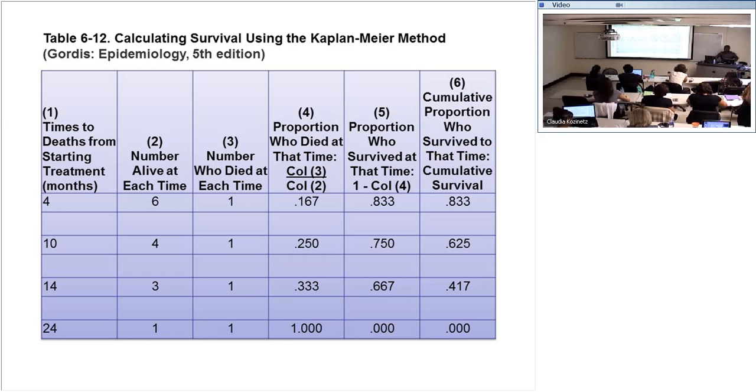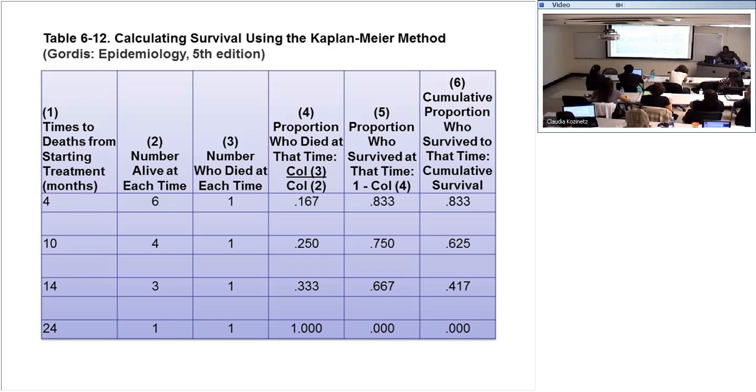So the 4th month, the calculation is there. The way to find the cumulative probability is the same. Cumulative probability of survival. So here, we have the probability of surviving. The cumulative probability is this. Here we have 4 people. See, the Kaplan-Meier did not count those who were lost to follow up as part of the denominator. So 4 people were at risk, 1 died, and then the probability of dying is this, the probability of surviving, the cumulative probability. So this is what we do.